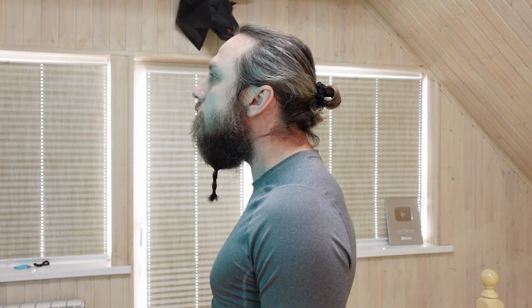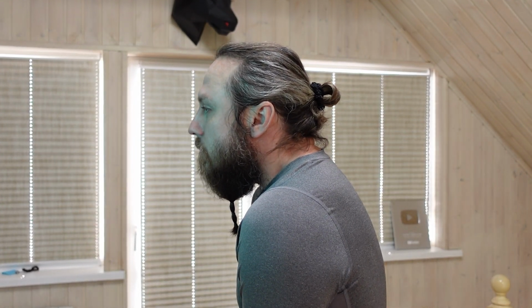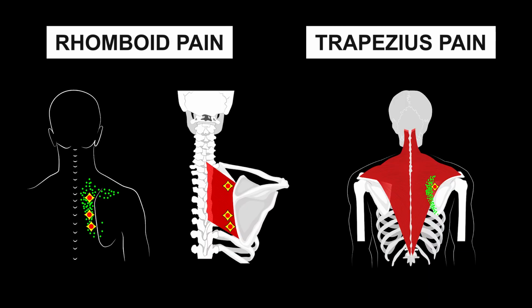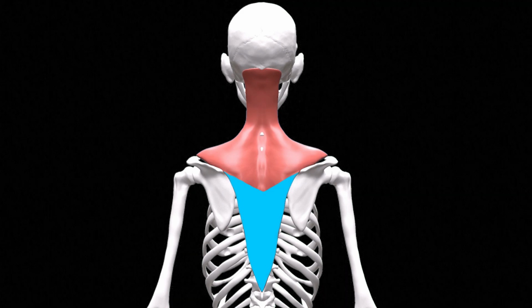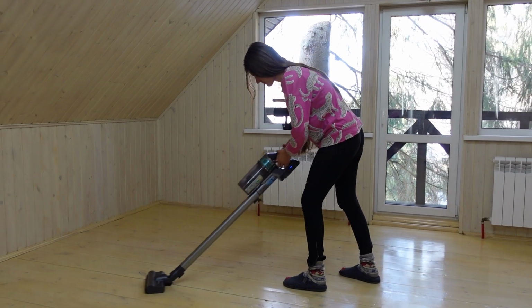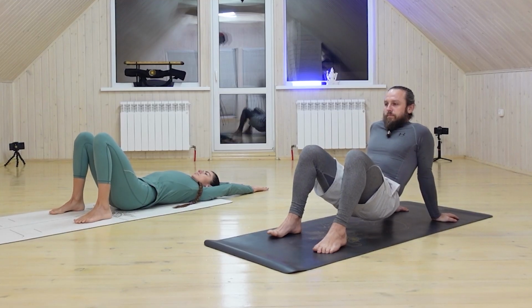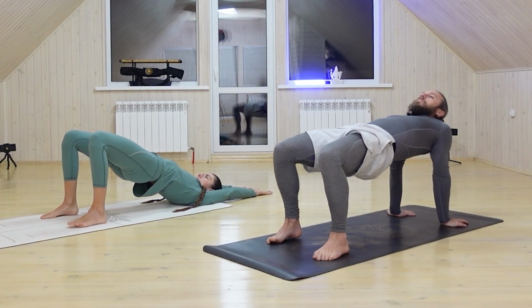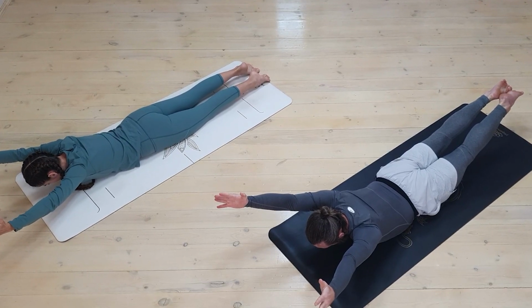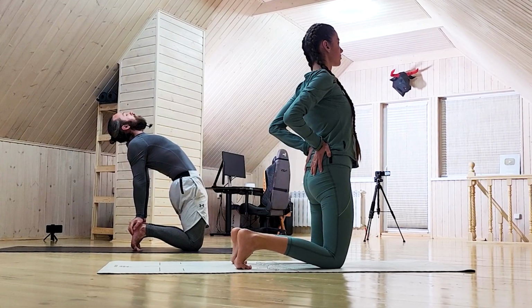This can lead to the fixation of a forward head posture and rounded shoulders. Chronic overload of the middle part of the trapezius muscle and the rhomboid muscles with the development of a characteristic pain pattern. The lower part of the trapezius muscle is stretched and weakened due to prolonged bending, for example, during house cleaning or as a result of extended smartphone use. The upper part of the trapezius muscle usually tends to be overactive and tense, while the lower part is very often inhibited, weakened, and excessively stretched. Therefore, in a treatment program aimed at eliminating and preventing the occurrence of trigger points and weakness in the lower part of the trapezius muscle, exercises that strengthen this part must be included.